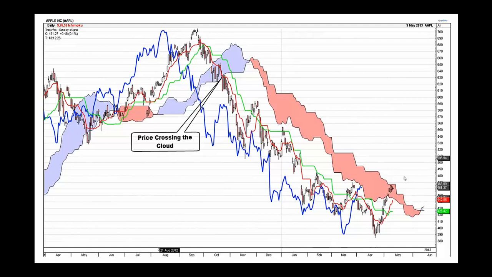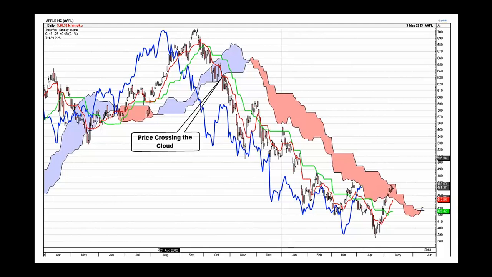So one cross would be aggressive. In other words, one candle closed below the cloud would be an aggressive short. 2 would be a midterm, and then 3 would be a conservative setup. You can wait as many as 3 to 5. I probably wouldn't let it go past that because then you're going to start missing moves. And 1's a little bit aggressive, sometimes even for me. So we always use the rule of anywhere from 3 to 5 bars below the cloud are good to go. But if you want to do 1s, you can do it too.